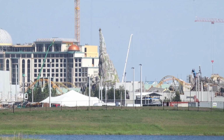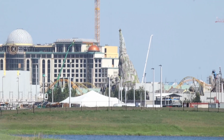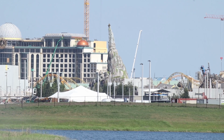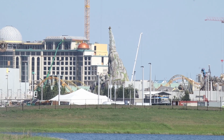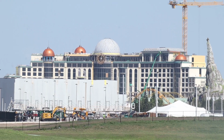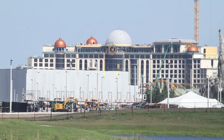Last video, Mead Hall was almost finished removing the scaffolding from the structure. All the scaffolding has since been removed, and it's looking really beautiful with all that theming there, and the rockwork looks amazing. To the left of the Mead Hall, we have the Grand Helios Hotel, and the center dome,